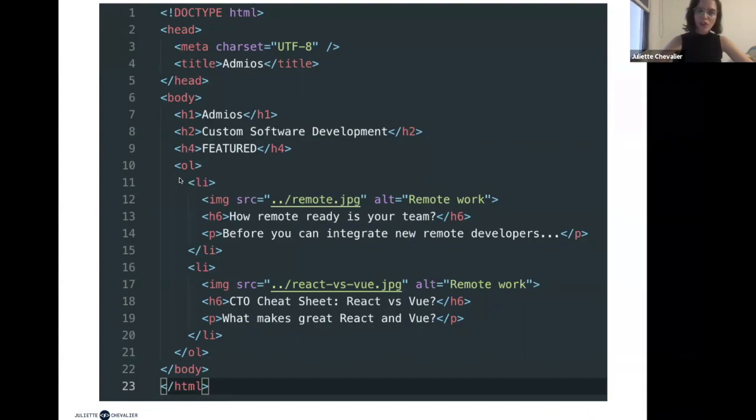It's an ordered list. Why is it ordered? Because each of these list items will have a number, meaning these will be item number 1, this will be item number 2, and so forth. And if I wanted them unordered, I would say UL, so that instead of having numbers, these would have bullets. And of course I could delete them, but that's a default behavior of HTML.